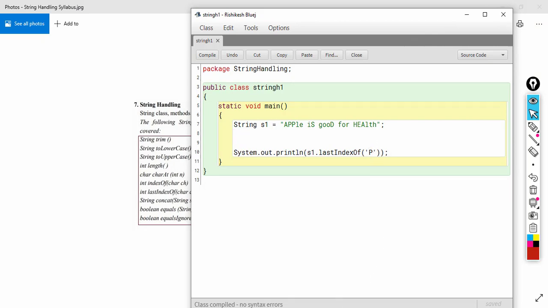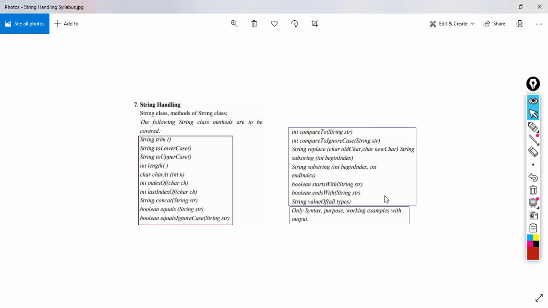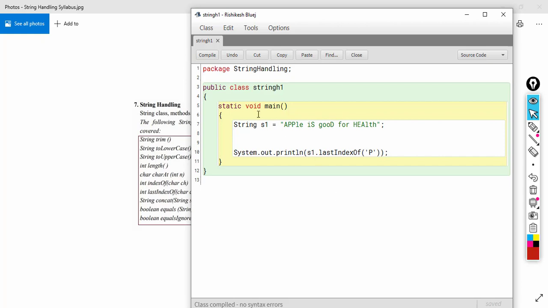Okay, let's see the next function. The next function is concat. This concat function requires one string as a parameter and returns a string. Let's have a look at this. Let's create two strings here.